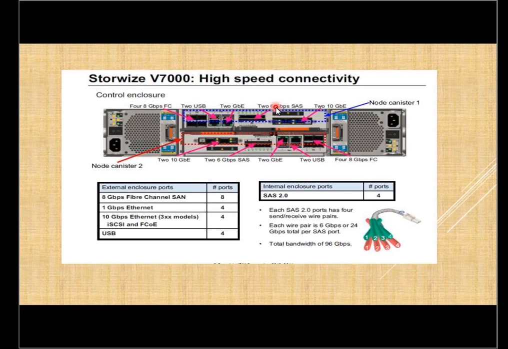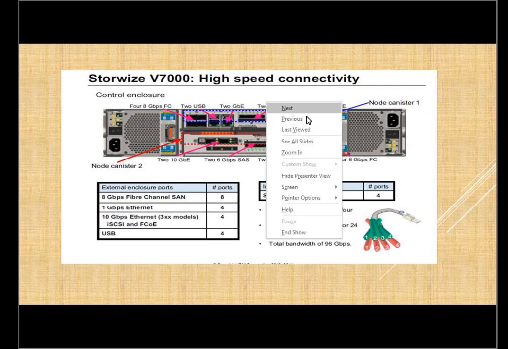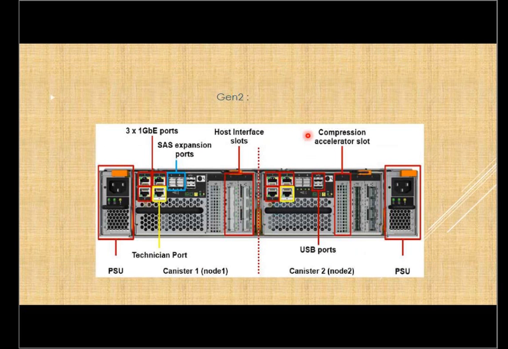So also you can see how many SAS ports we have, SAS cables. Once we talk about SAS cables, there are four cables you see that are connected to one single cable. Each one has a 6 Gbps speed. So if you do 6 multiplied by 4, it becomes total 24 Gbps, right? So since we have total number of 4 SAS ports, total bandwidth becomes 96 Gbps. Okay? So let us go to the next slide now.